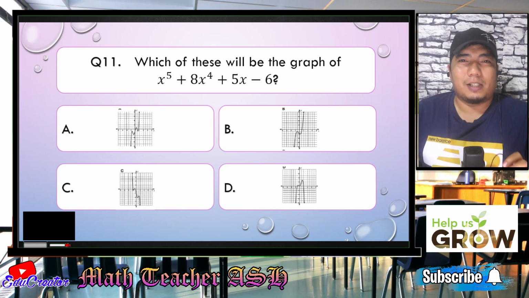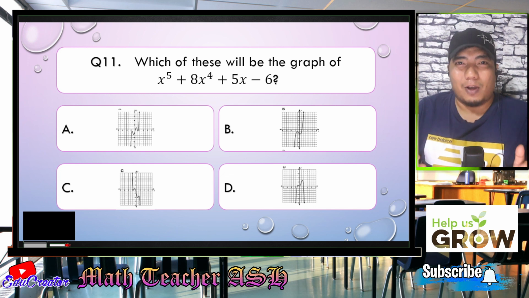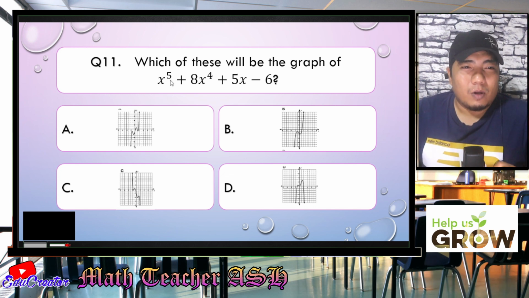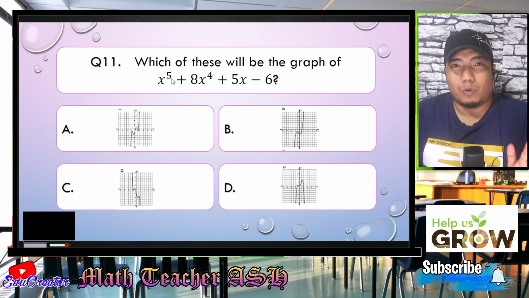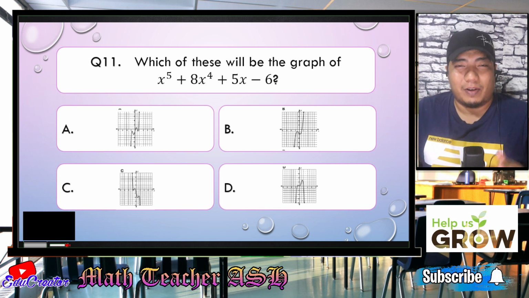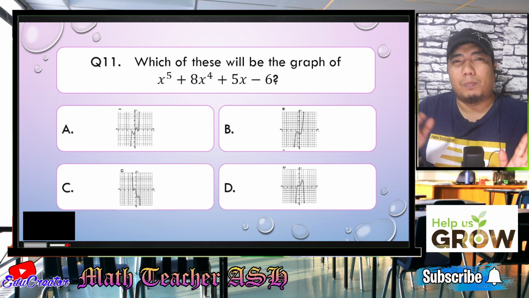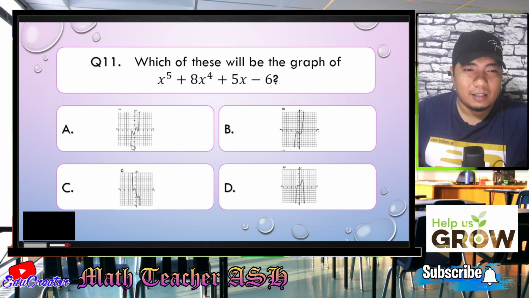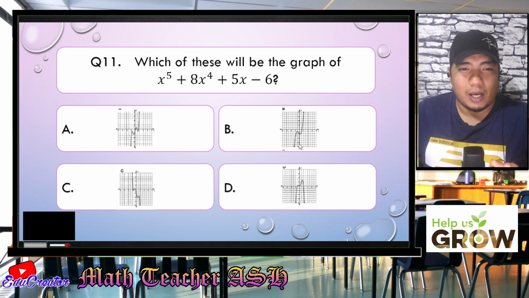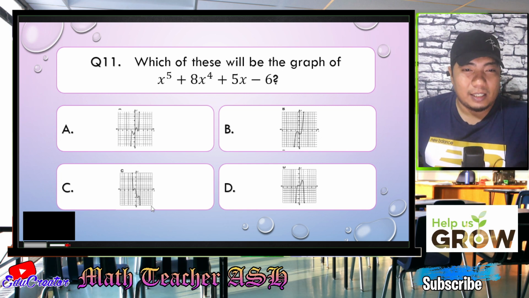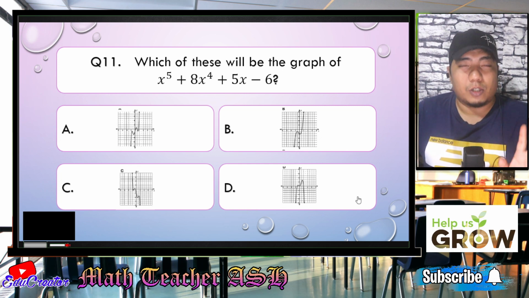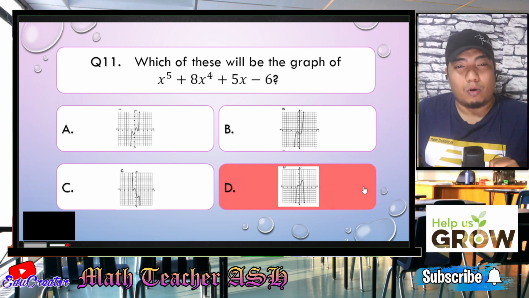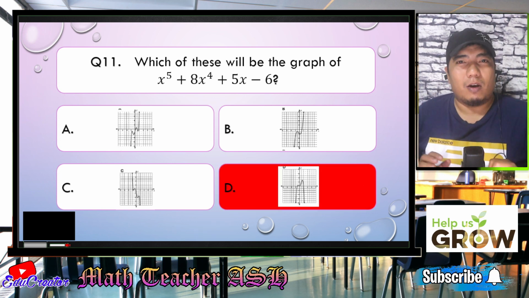Alright, my dear math learners, this question is somewhat related to what I have discussed earlier about the graph of a polynomial, right? Now, we have here 5 as our degree. So therefore, is that odd or even? Very good, that is odd. So if you have odd, then there are 2 chances that will happen. It could be increasing or decreasing. So let's check our choices. This is increasing, starts from below, going up. Letter B is also increasing. Letter C, it's decreasing. And letter D is both in downward. So letter D is automatically wrong. Alright, so at least we eliminated one of our choices.